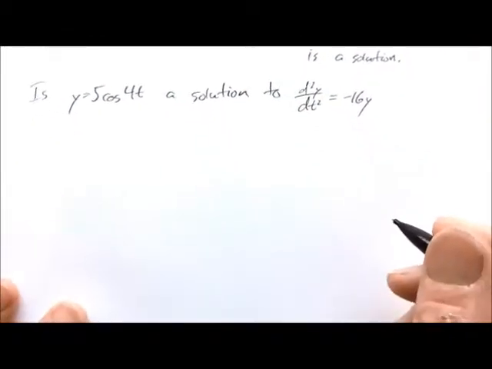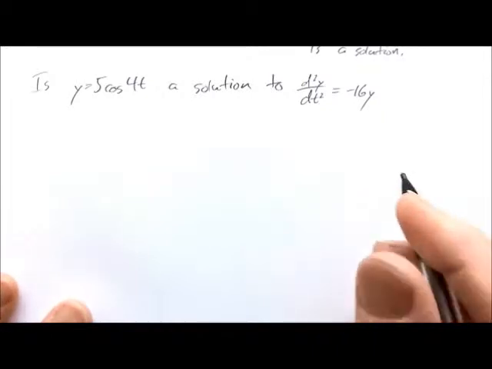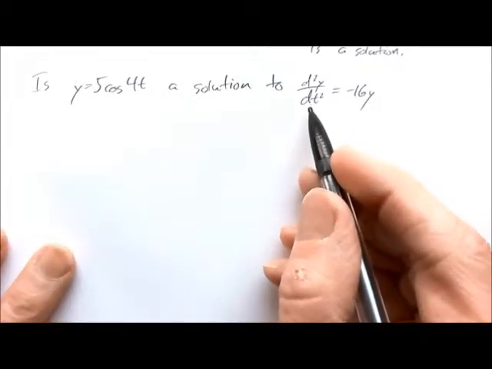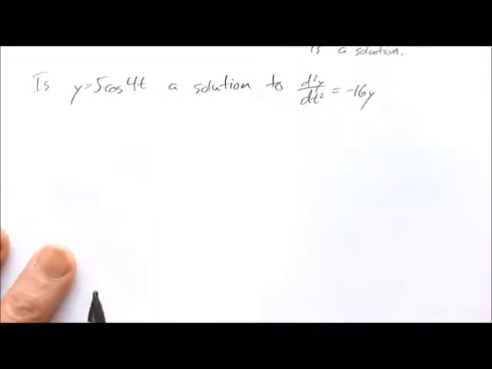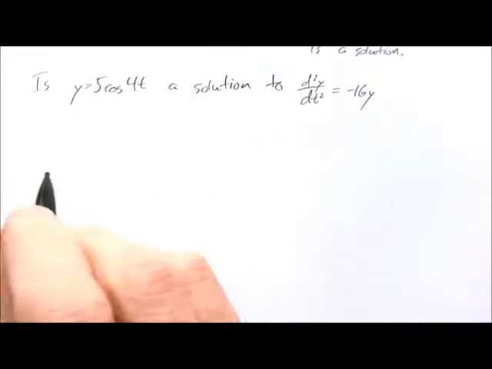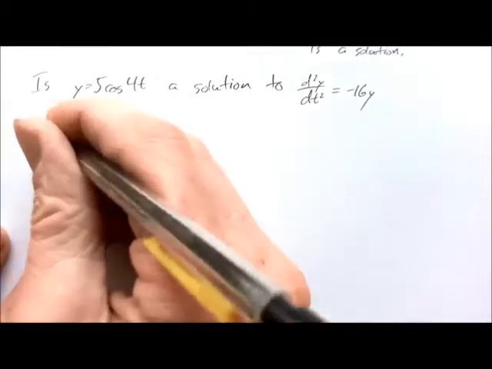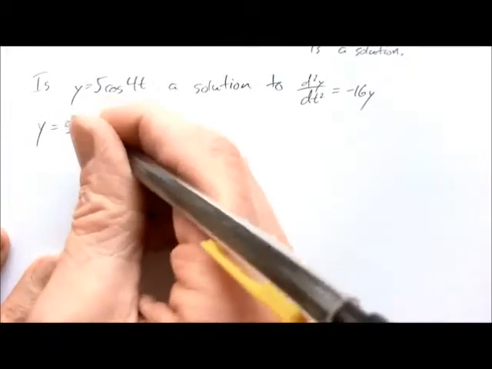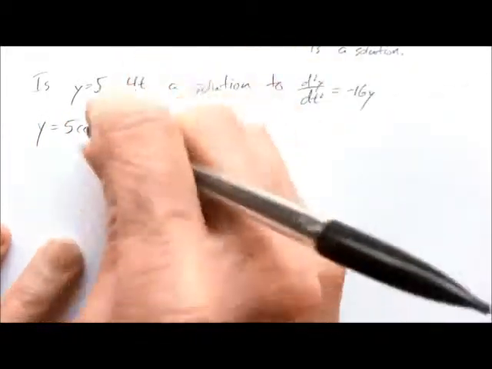Okay, so what we want to do here is compute the left-hand side of the equation, which is a second derivative. So before we can get that, we need the first derivative, of course. And so the fact that y equals 5 cosine 4t